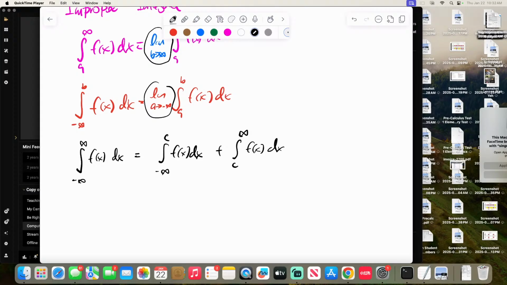Now, if the limit exists, then it converges. If it diverges, then it doesn't work. Just say it does not exist, or just say infinity. So in the first two cases, the improper integral converges, if the limit exists. Otherwise, the improper integral diverges. If it's going to infinity, it's going to diverge. We're going to go through some situations where you're going to say it diverges.